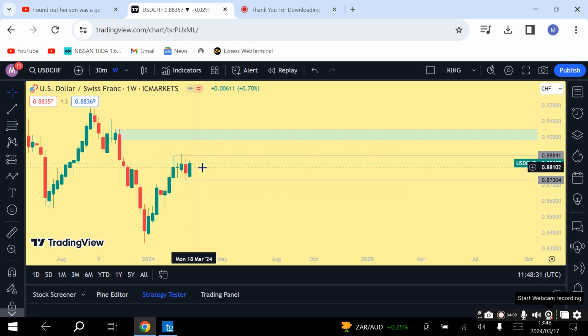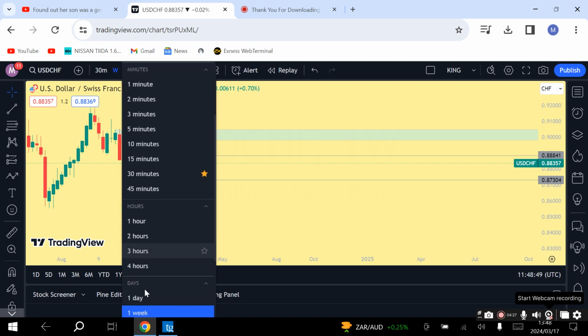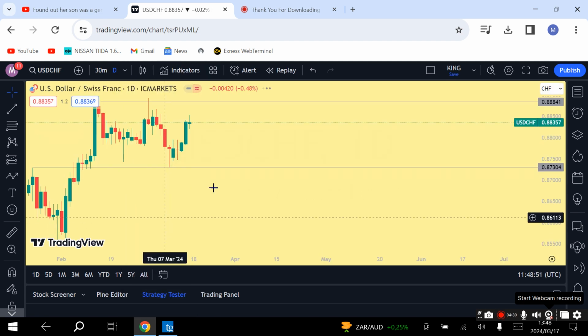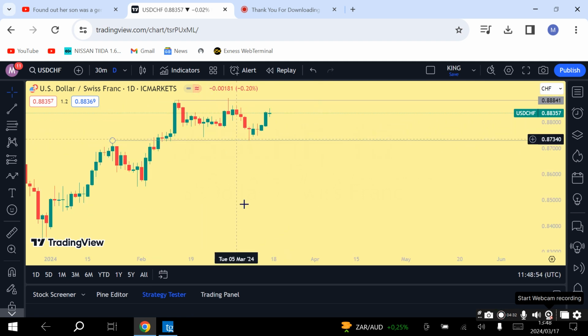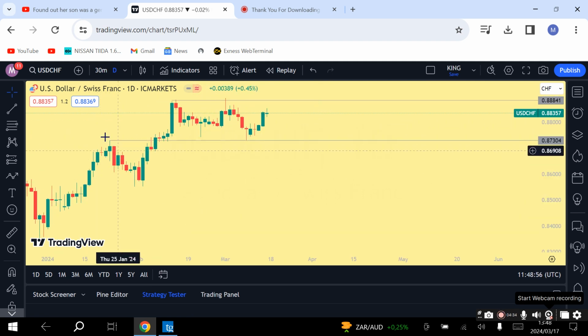So right now as it stands, I'm anticipating price to push further up until this zone here, which is 0.88, right? Around this area, right? So on the weekly, already at the back of my mind, I know that I have to be buying, right? And then let's look at the daily time frame. It's the same thing. We had that resistance, then it became support. Support pushed price, and now I'm anticipating price to continue to push further to the upside, right?